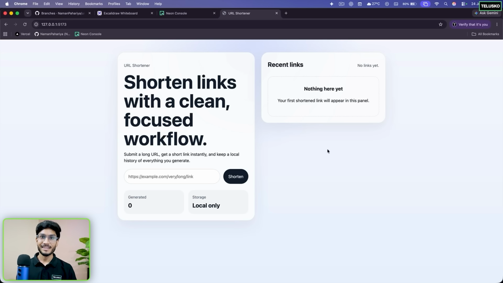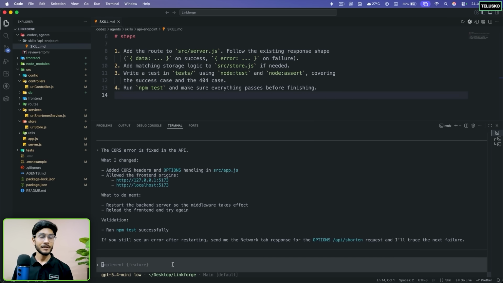Now only one last thing is left, which is deploying this application so that we can share it with anyone. So let's go to the Codex CLI back and see how we can do it from there itself. Now, just like we have integrated our database using the Neon Postgres plugin, in the same way, we will use the Vercel